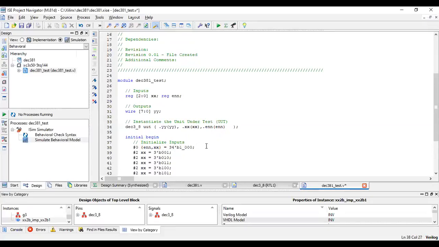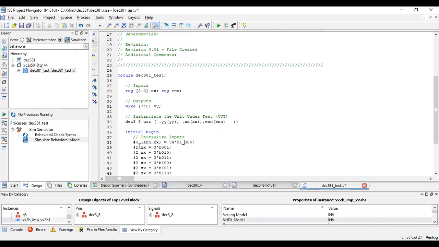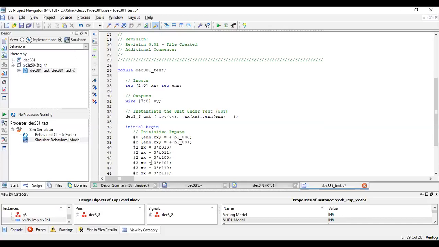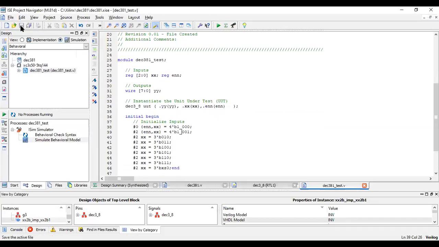This format also we can follow for writing, which we have discussed in the number system, the various ways to represent numbers in Verilog. So 4 tick, it is not 3 or 4 tick, 4 tick B 1 0 0 0 1. From here to here, it means the enable will be 1 completely till here. Anyhow, let us simulate this and see what is the result we are getting.